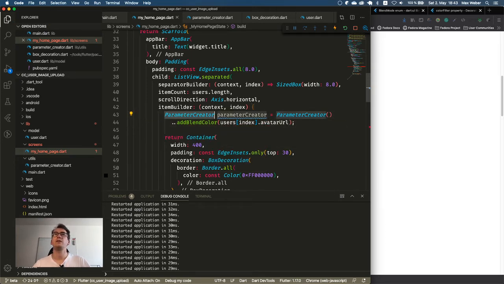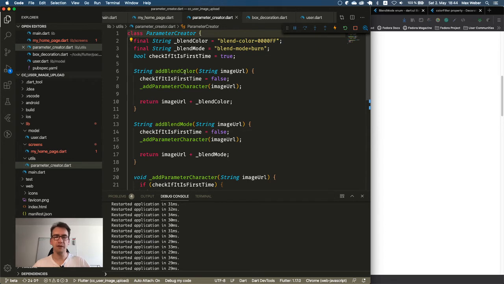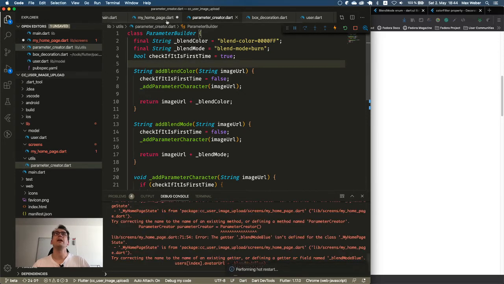And this returns us that part. And I want to build a creator or a builder. I think builder is the better name. So instead of parameter creator, we have parameter builder. All right, so why parameter builder?